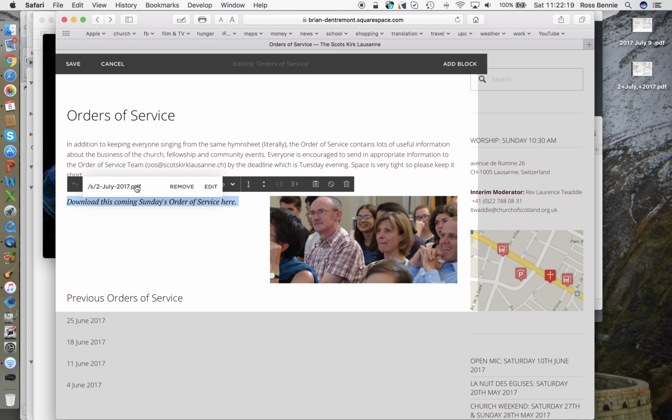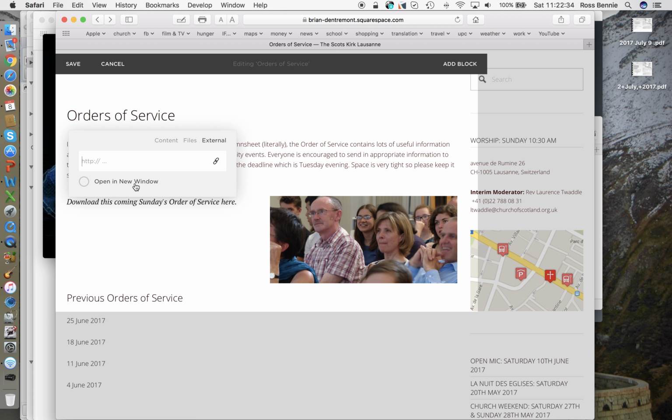So I click on that, and notice it tells me what's already linked, the 2nd of July. Well, I don't want that, so I'll click on remove. Now there's nothing linked to it. Click on it again, and now it's asking me, what do you want to link to it? And of course what I want to link to it is the 9th of July. So what I do now is I click on files,